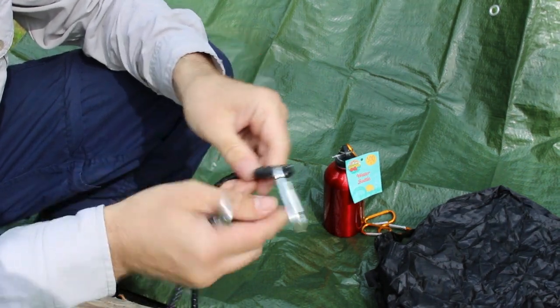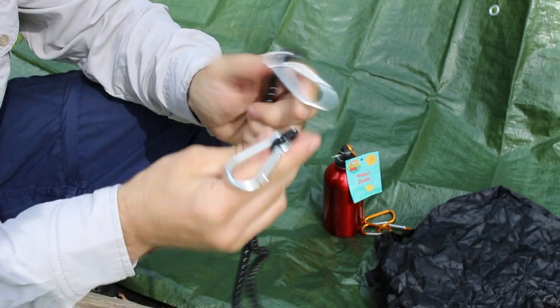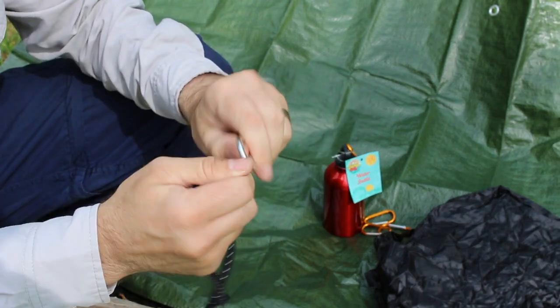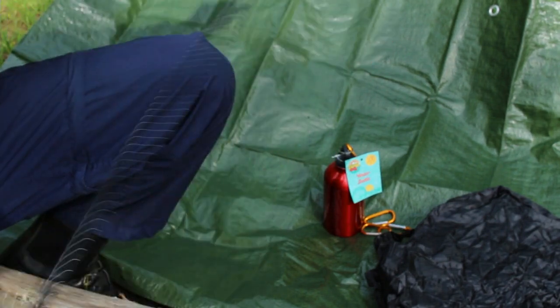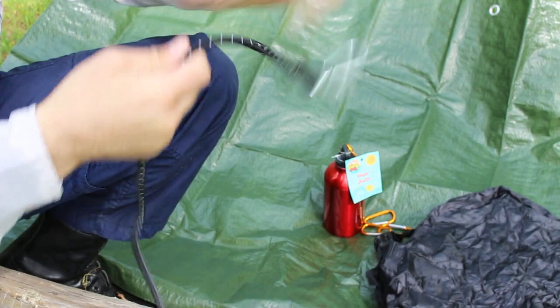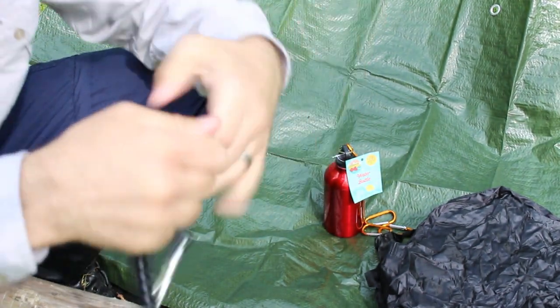It might have a little bit of splicing underneath the tape, then it's been taped over afterwards. The carabiners are not heavy load ones, so don't put a lot of weight on them. I'm trying to see how far I can stretch it. There's not too much stretch in it, but